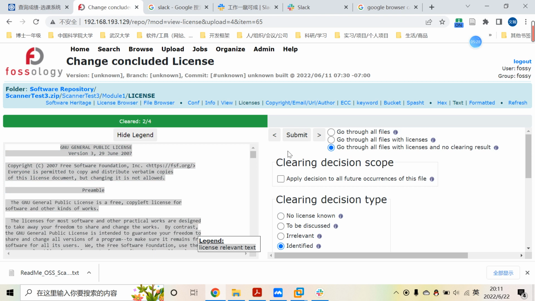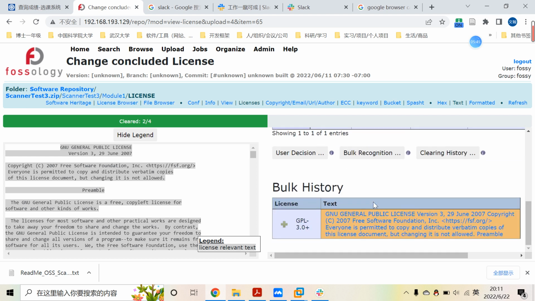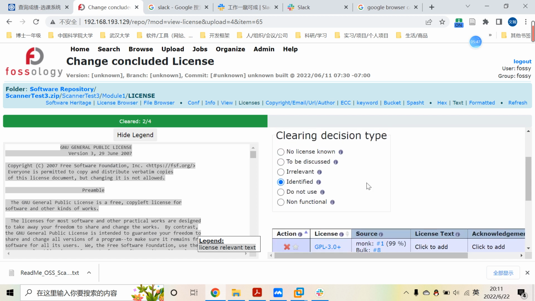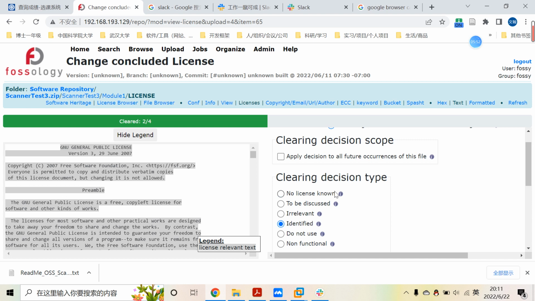In most projects there are many files like a code which has a header. Every code file has the same header with the license text, and we can use bulk to submit all the license information at once. But however, in our project, there are no such file headers, so we just submit